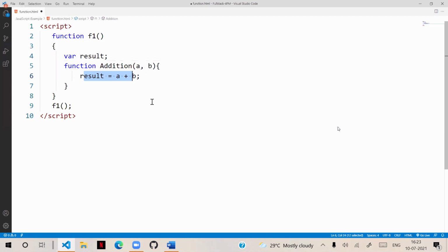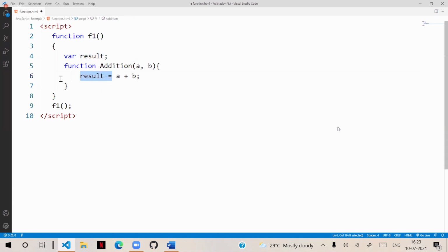Actually, a function is already allocated with memory. So addition is already allocated with memory, and that memory you can use to store the result of this A plus B. You don't need a separate variable again.